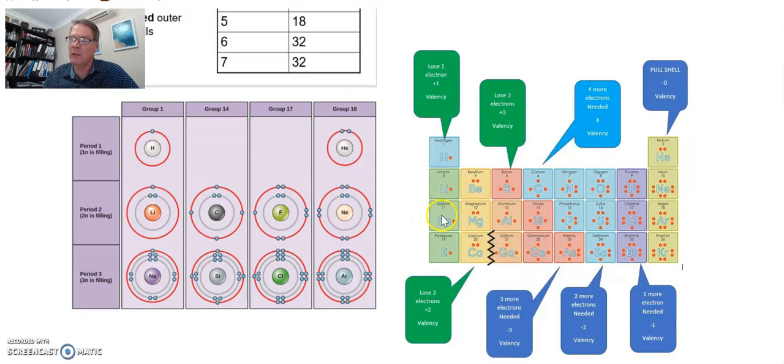You think, is that good or bad? Well, if it's lost 1, have a look down here. It's lost that outer one. But underneath that, there are 8. In other words, chlorine looks like the 10 neon. So it's now stable. And chlorine looks like argon. It's now stable. So those two things come together and create a chemical bond, and therefore the formula is NaCl,